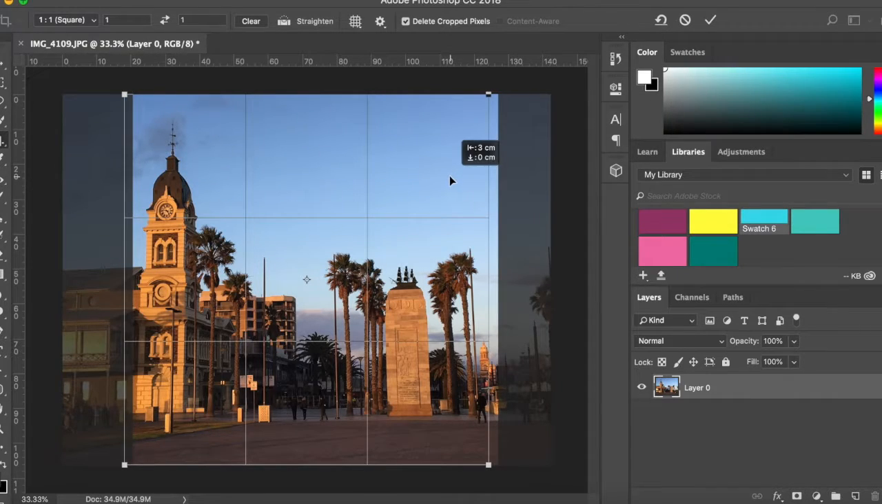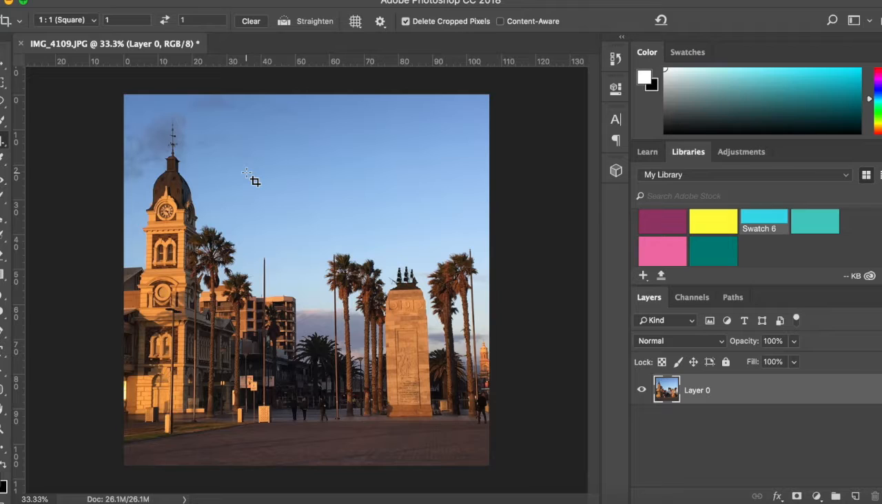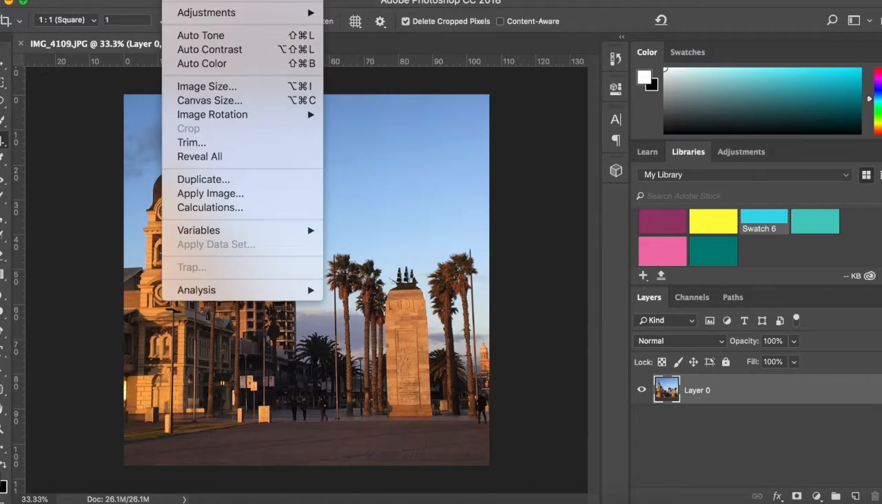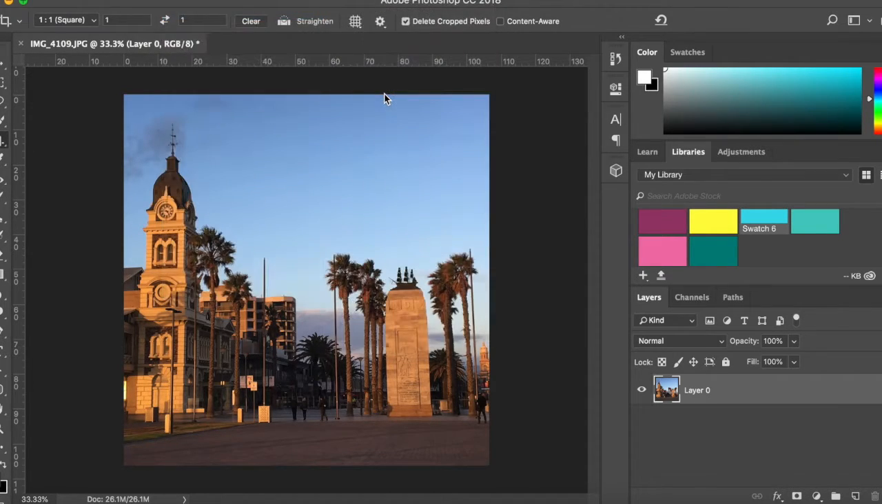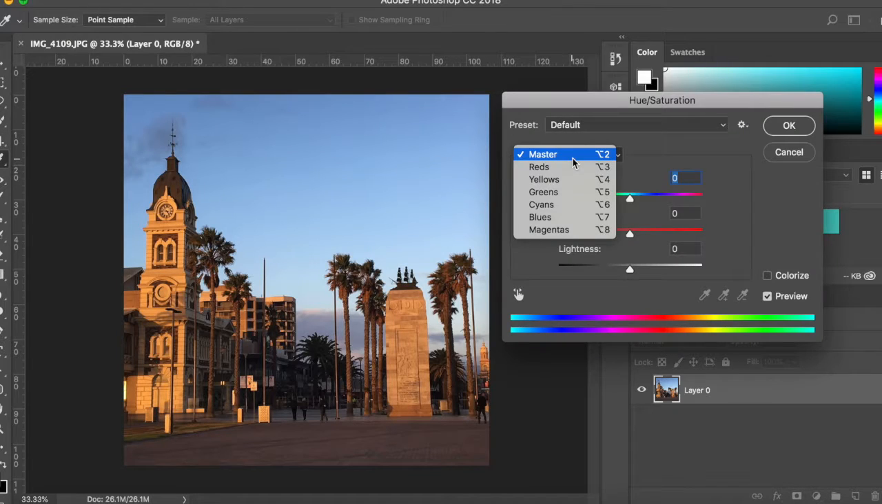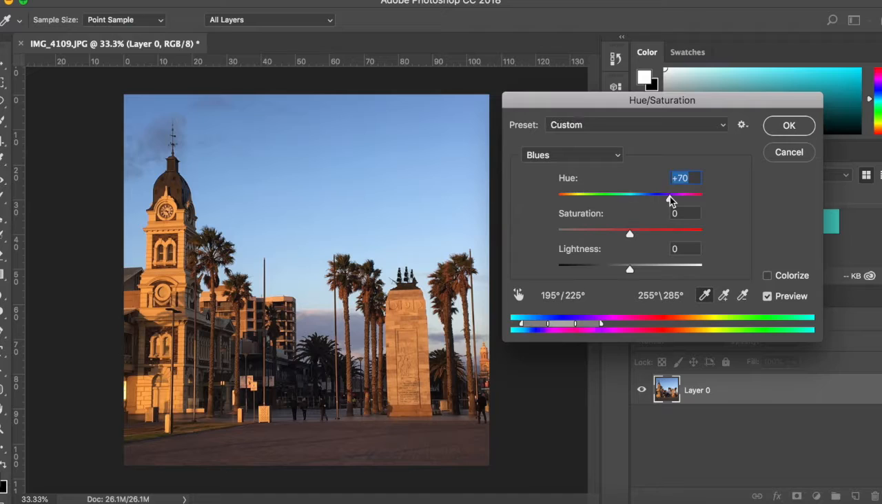Now that I've decided the positioning of my crop, I'm going to go ahead and adjust the colors. I'm going to go up the top, find the adjustments, then go over to hue saturation. This is similar to what I mentioned in my other video. If you haven't watched it yet, I really recommend checking it out, but this is just a small trick that I have learnt. All you're going to do is click the color that you want to